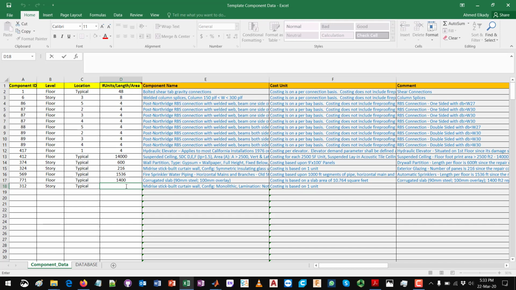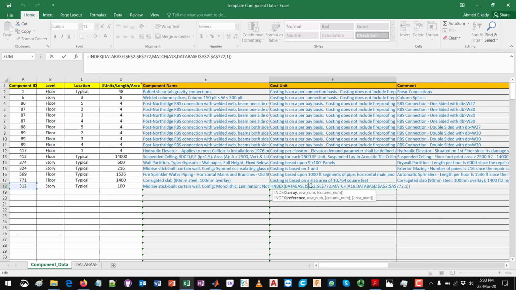And inside EaRL, this number of units will be divided by the costing quantity to compute essentially the number of total units from this curtain wall. So if I say here I have 100, this means inside EaRL, this 100 will be divided by 1, which is this value over here, the costing quantity or the costing unit, and this will give me 100 components, or 100 curtain walls essentially, at each